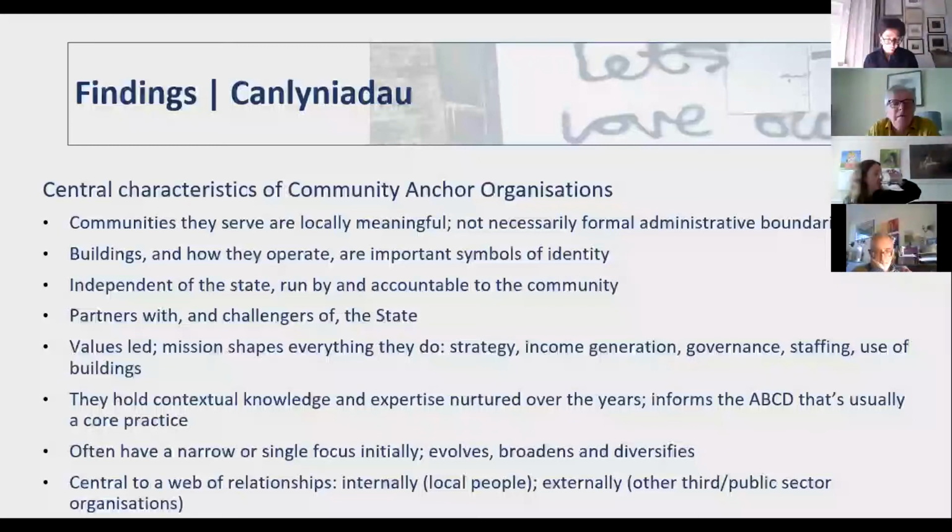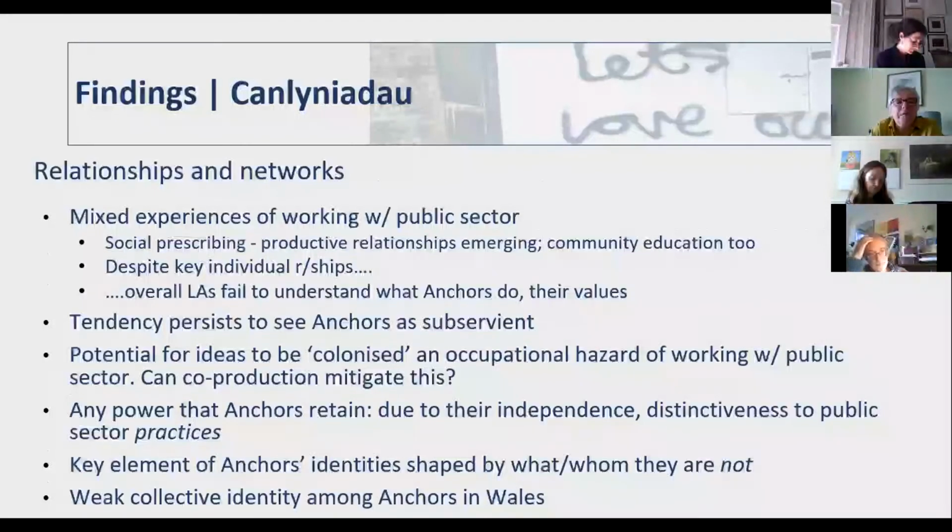But one of the things that was very clear, both from the early productive margins work and reinforced certainly in the latter phase of this work, when the pandemic was dominating things, was that if the organisations are under threat in any way, the web of relationships can also be affected. But clearly, the local context will dictate the extent to which that is the case, and how negative the impact potentially can be. You can see that these things are not necessarily easy to measure: our independence, our values, our mission.